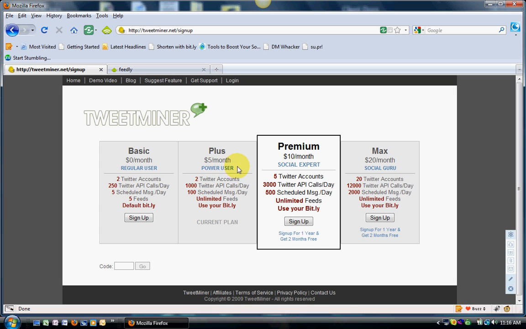But right now I'm on the $5 a month plan, and I absolutely love this particular plan, because for me, I'm not currently managing anyone else's account. I'm helping, but not to actually put it in here. So go ahead, sign up for the account that works best. The basic, the free one, you only get 5 scheduled messages per day, and for the purposes of what I'm trying to show in this video, that isn't going to be enough for you. Okay, so